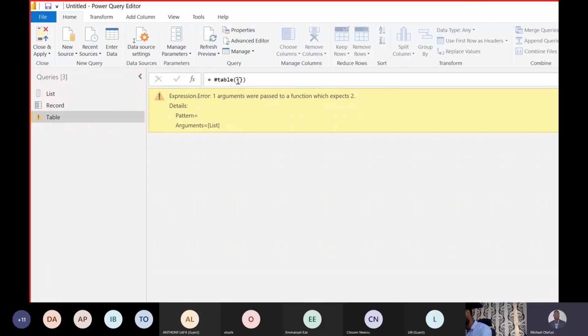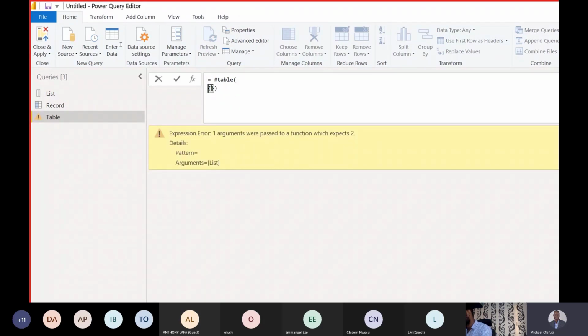I need to spread them out correctly. Good. So first of all I'm going to write the columns. I need to change my language again. Great. So maybe the column names are first name and